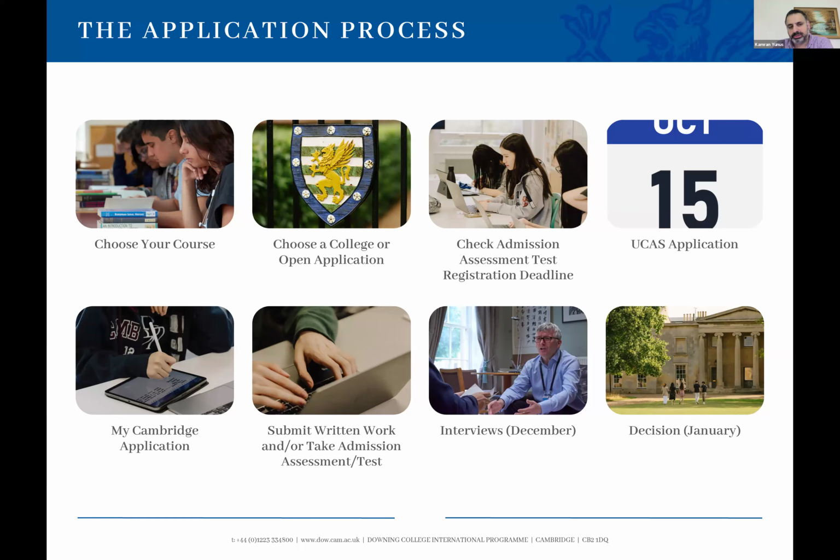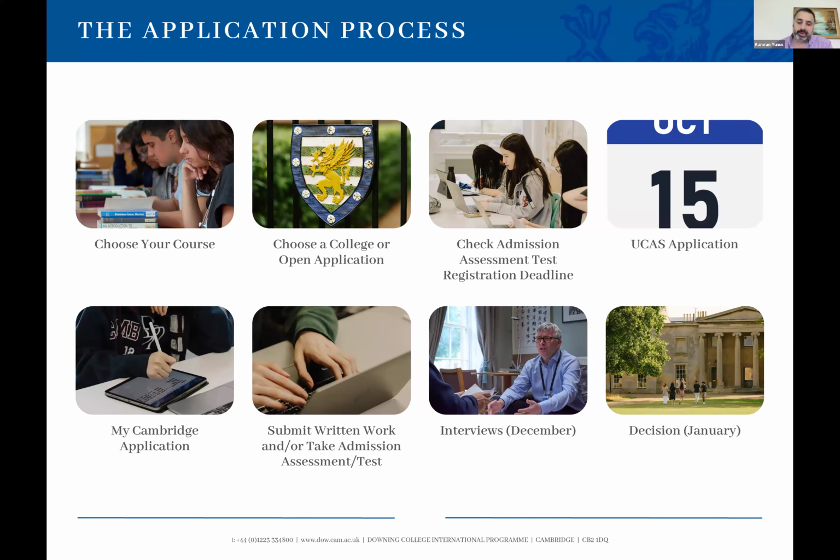Then the next point talks about which college you're going to apply to, choosing the college. Now, as I mentioned, there's 29 undergraduate colleges in Cambridge, and they're all fantastic places. It's really a personal choice which college you choose. Some are new and modern, some are quite old and traditional, some are based in the center of Cambridge, like Downing, some are based slightly outside of the center of Cambridge. So it's really down to you to decide what kind of college you want to go to. And again, go and visit their websites. Come and visit them on the university open days, where you can actually get an opportunity to look around the college.